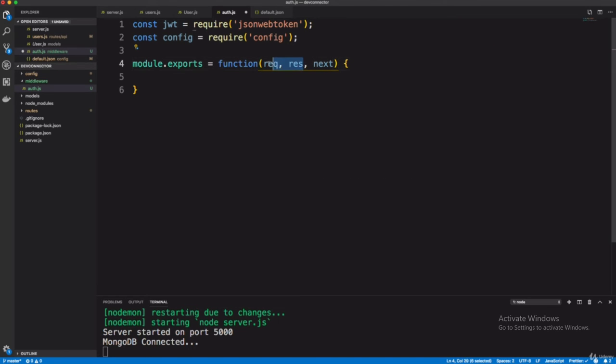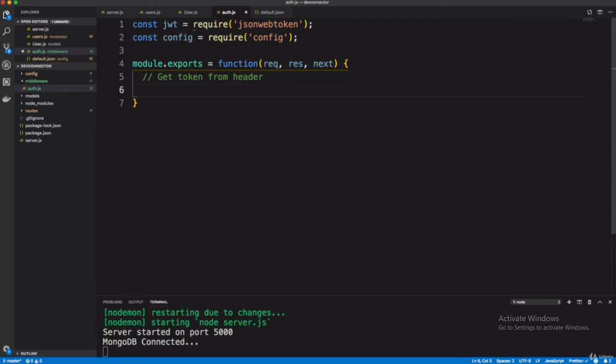Here we have to get the token from the header. I am commenting here, as we have seen in the last video, get token from headers.